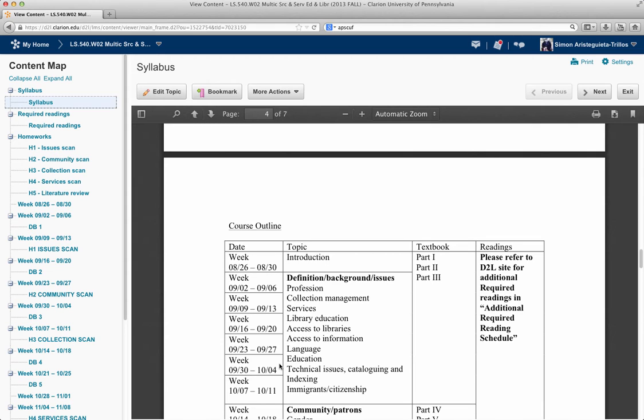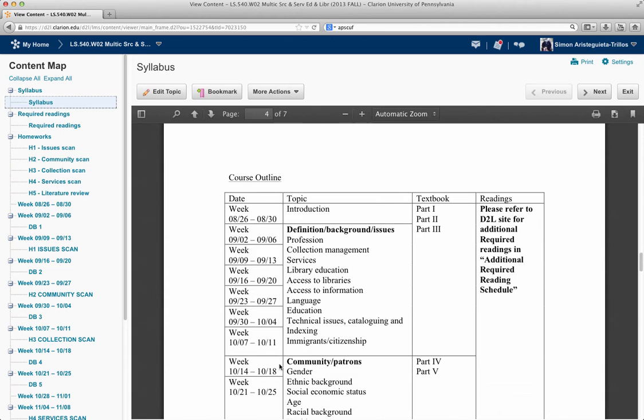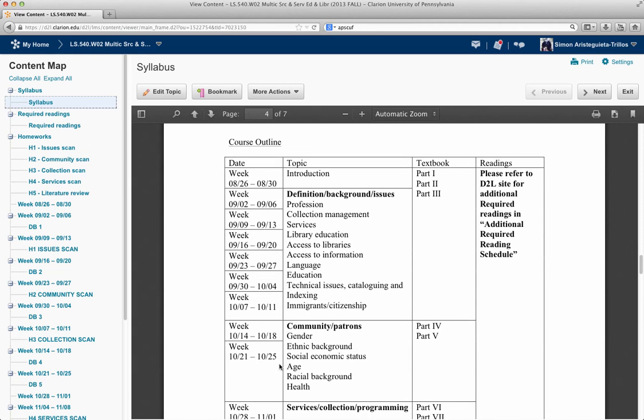First, this week the introduction, then we'll work on definition, background, and issues. And some topics that we're going to explore, and I will lecture on some, and you will research on some, are the profession, diversity and multicultural in our profession, in collection management, in services to patrons. Library education is very important,